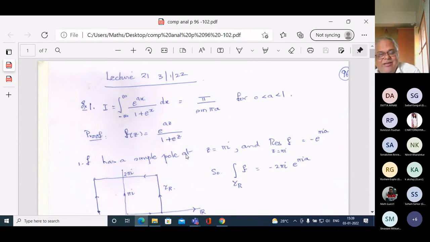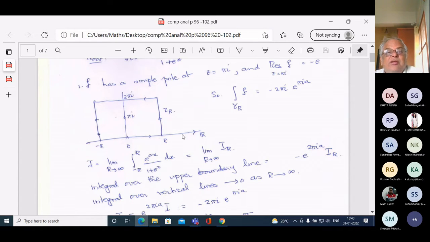Okay, so what are we doing today? The first example, I think I had done this around the beginning of the course, or maybe in the second week, which says: evaluate the integral of e raised to ax over 1 plus e to the x. The way you evaluate this is using residues, of course. You look at the function e raised to az, where 0 < a < 1, over 1 plus e to the z. This integral is an integral on the real line of that function.